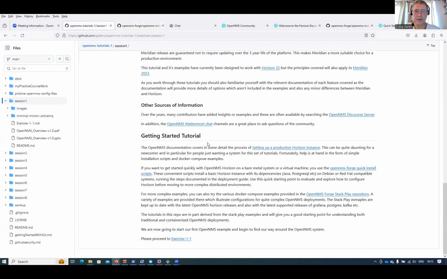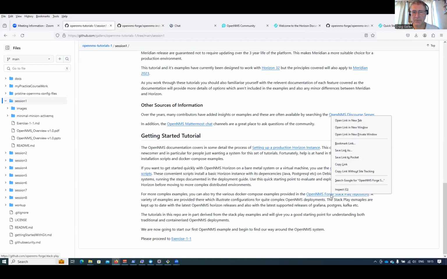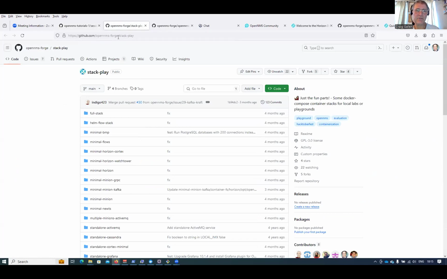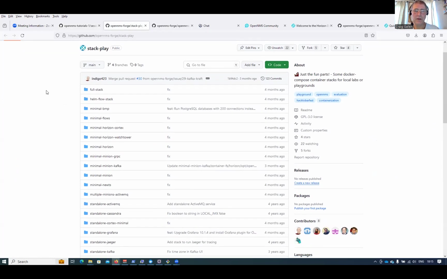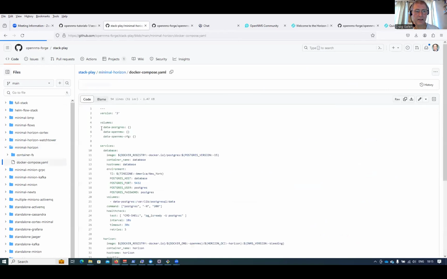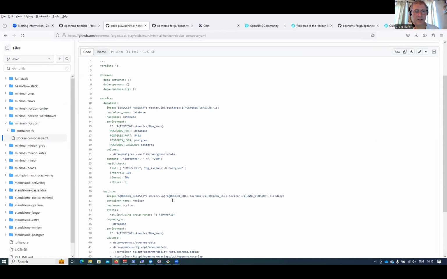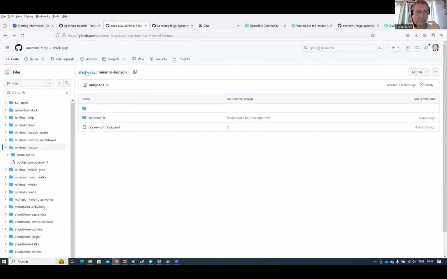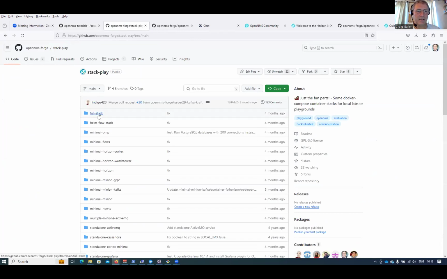The other thing then to point out is the OpenNMS Forge Stack Play repository, which a lot of the examples that I'm going through are originally taken from. Now, this is a set of Docker Compose scripts that are provided for setting up, in this case, a minimal Horizon. So that's a very simple OpenNMS. If I look at this, you can see it's got a database, it's got Horizon, and it's not got anything else. But if I go to the full stack example,